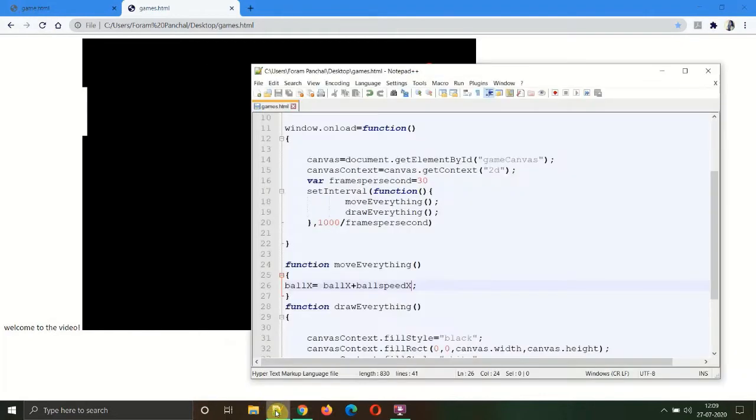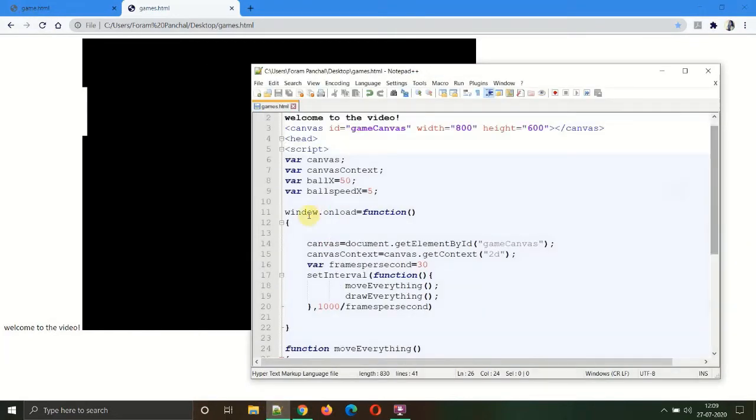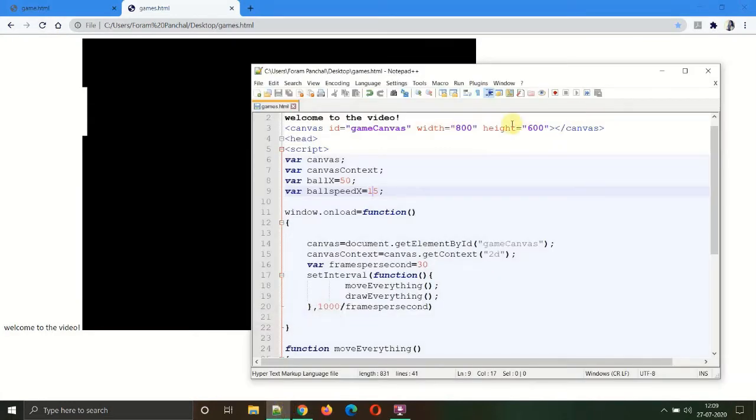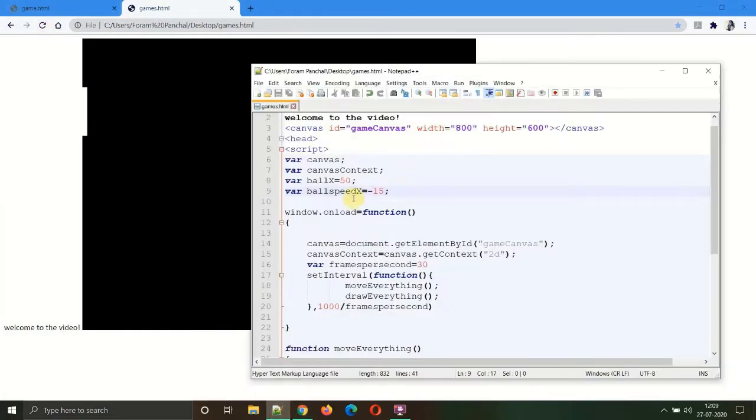Now let's increase our speed a little bit. Let's make it 15, so it will move a little bit faster. Okay, so that's fast. Now what if we make our speed negative? If we make our speed negative, it will move towards the x coordinate, that means it will move off to the left of the screen. Save and let's see what happens. Okay, so now it moves to the left. Let's decrease the speed and see, it will be apparently visible. Save and refresh. Okay, so that goes to the left.